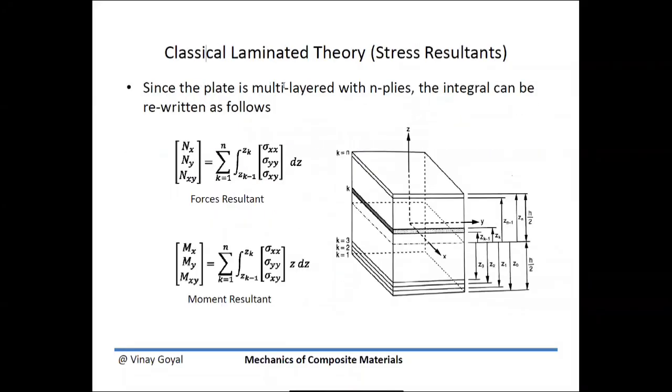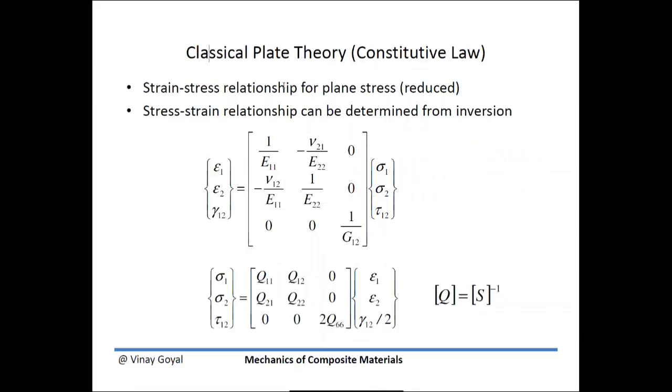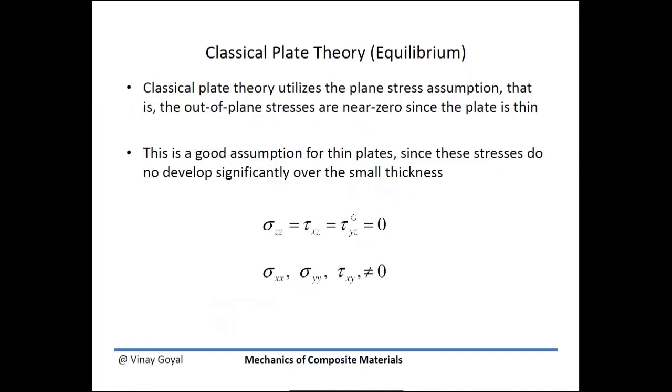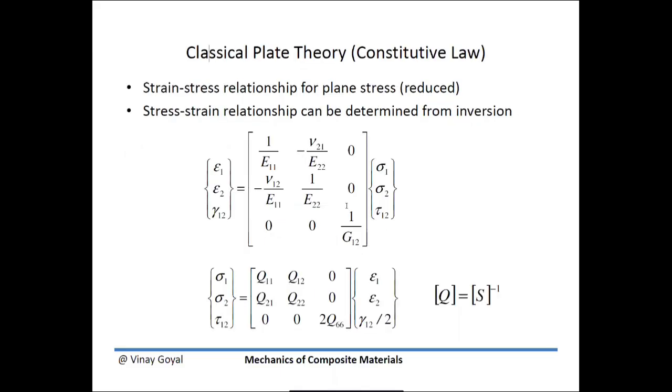So we already completed the idea of how to represent 3D stresses as 2D stresses, or stresses corresponding to a plate. But now we have to relate the stresses and strains. Since these are the only stresses that matter, what we've done is simplify the constitutive law. This used to be a 6-component vector of strains and 6-component vector of stresses. But since we've said that these 3 stresses are small and can be neglected, the constitutive law can be